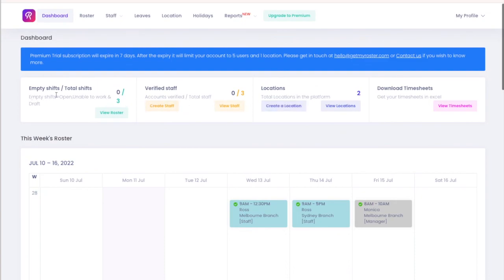And also you could see how many verified staff are there. So currently I have 3 staff, including myself, who haven't verified their email addresses. So they need to go and verify the email addresses, and also as an admin you can ask them to verify their email addresses, or else the email notifications won't be able to